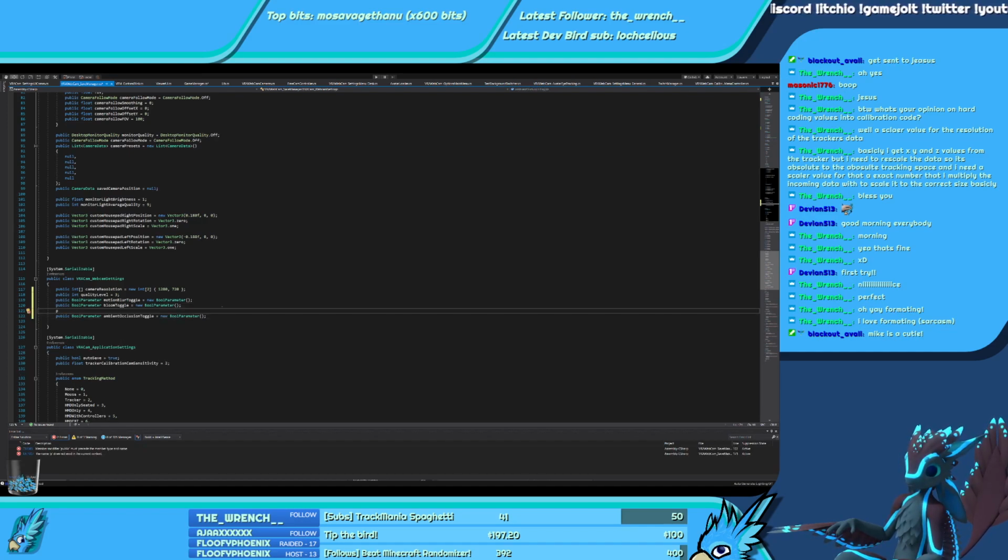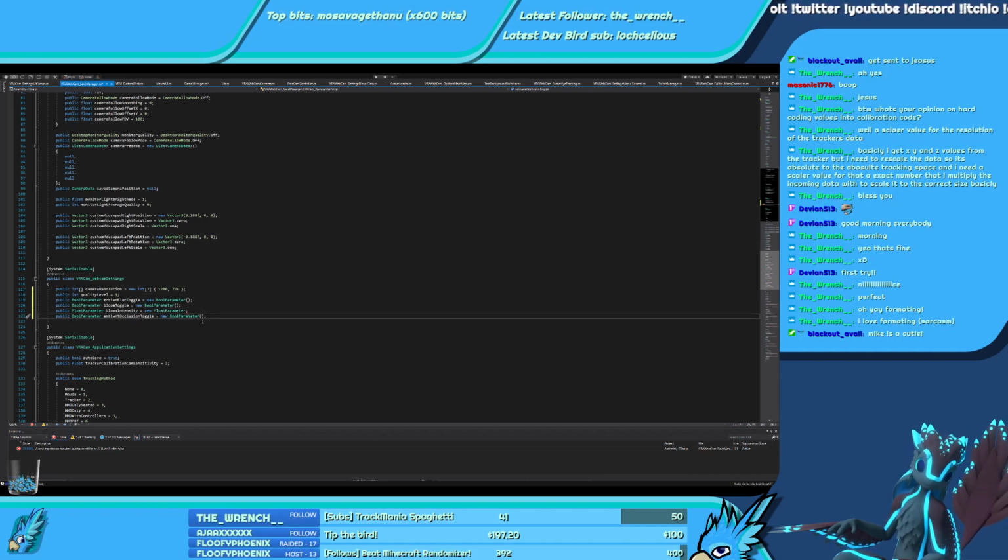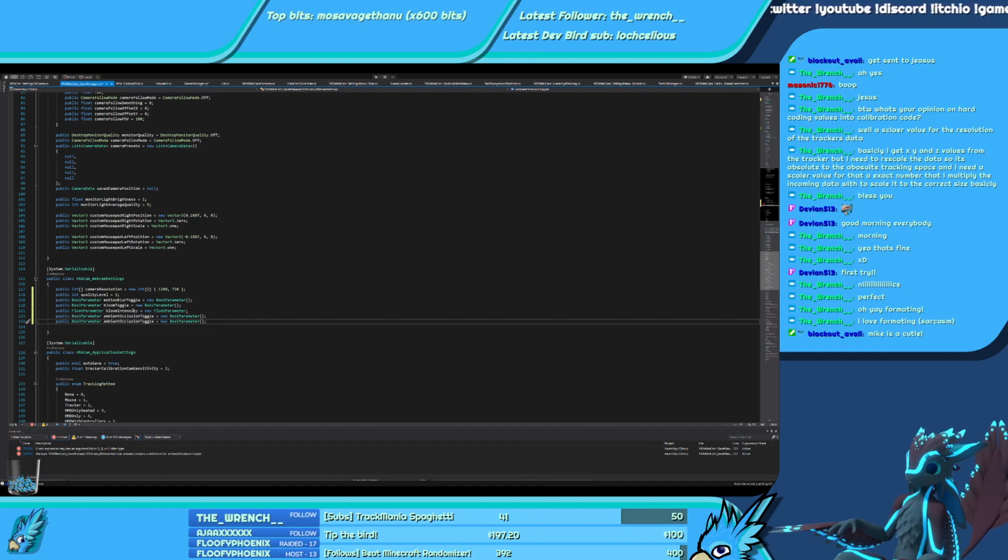And I'll also do a public float parameter of bloom intensity. I could just do bool, float. I might just do that for the time being. I think it's gonna be simpler as well for the save.